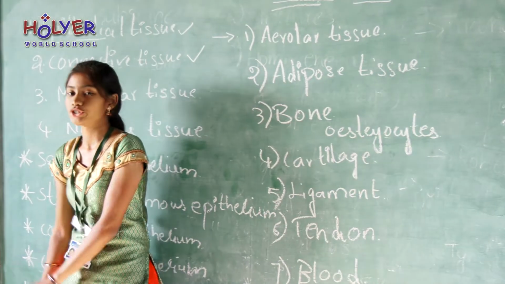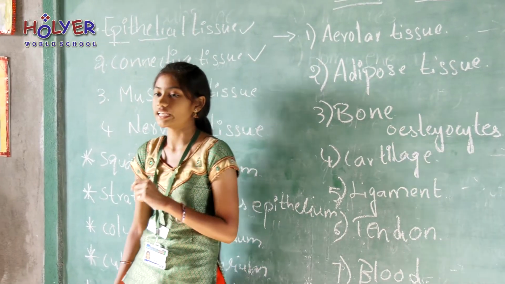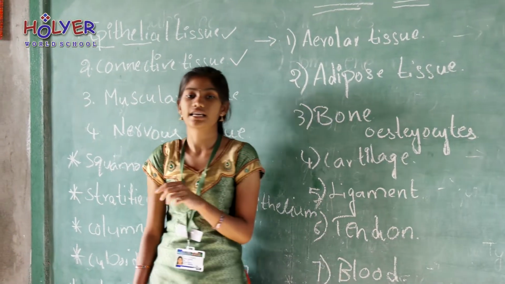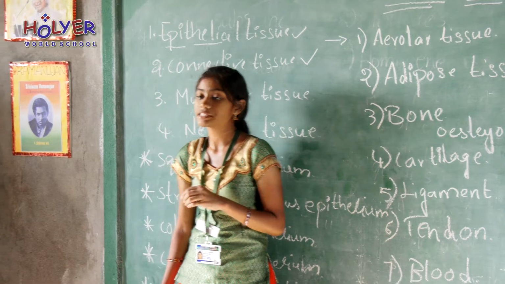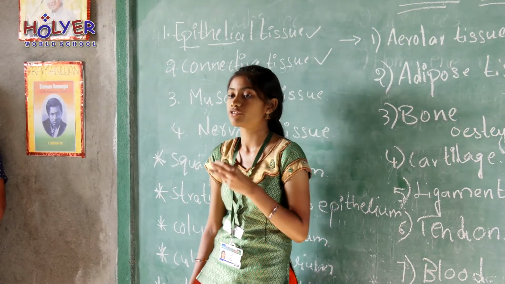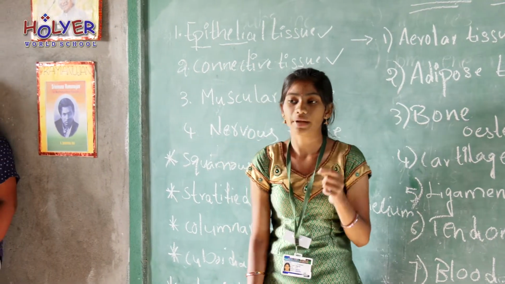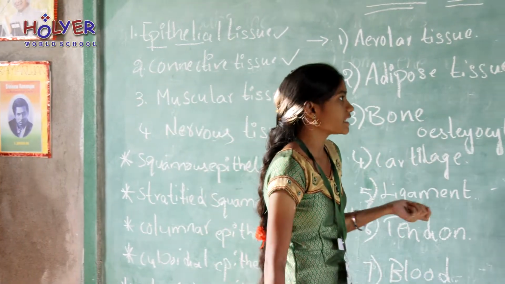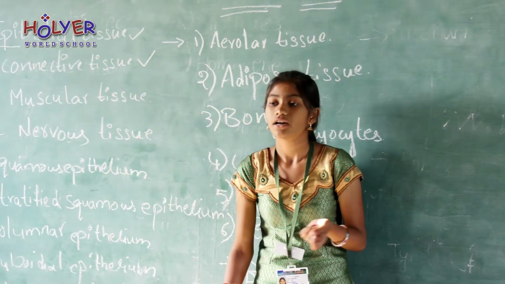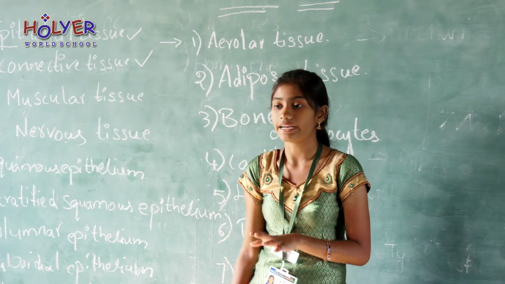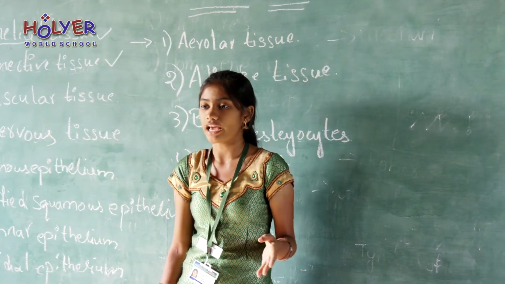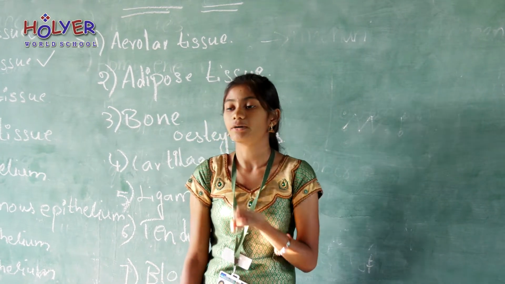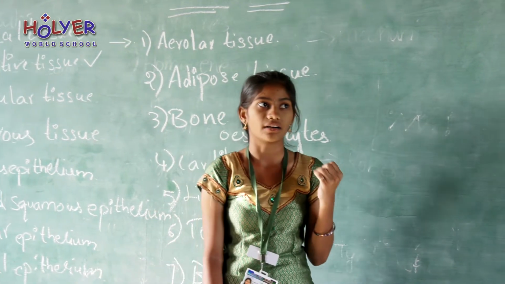Blood is a type of connective tissue because it is the one and only liquid connective tissue. There are cells present in this blood and the extracellular space is filled with plasma. Plasma contains factors which are responsible for clotting of blood, and the heparin which helps prevent clotting of blood in the blood vessels. And the cells present in this blood are known as corpuscles, and the blood is red in color but not always red in all animals. For example, the blood of a cockroach is white in color, and the blood of a snail is blue in color.